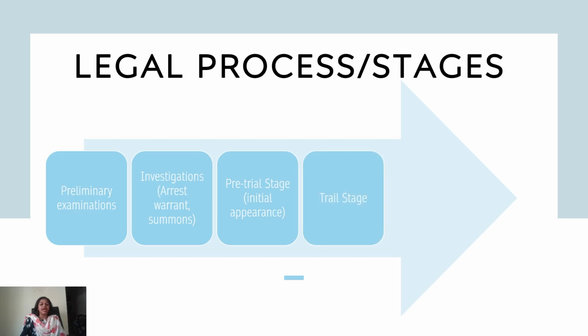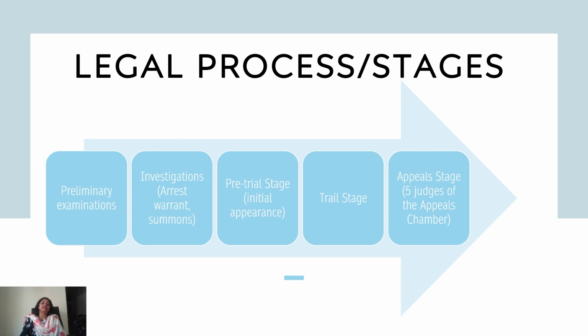And once the trial stage has concluded and a person has been convicted or acquitted, if the person has been aggrieved of the decision taken by the International Criminal Court, in that case, the person can go for the appeal stage. Till the trial stage, there are three judges involved. In case of appeals, the chamber consists of five judges of the International Criminal Court.